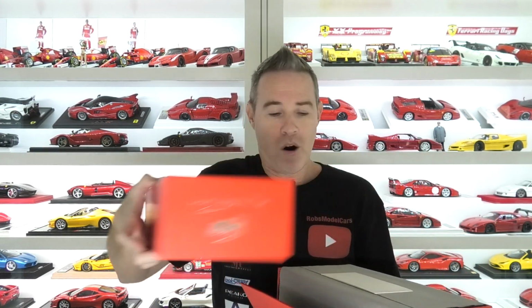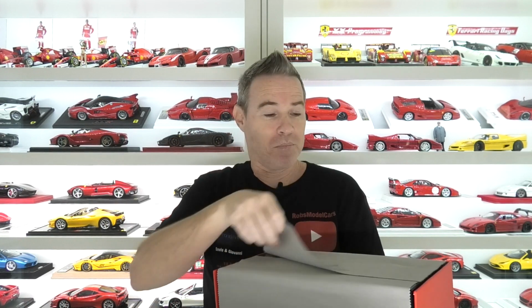Now, we've reviewed a ton of BBR models before. They just come in these red luxury boxes. If we lift the lid off the box, the model does come with a standard BBR certificate of authenticity. The model does come with a plexiglass display case, this one, and here is the stunning Ferrari F40 LM, which was